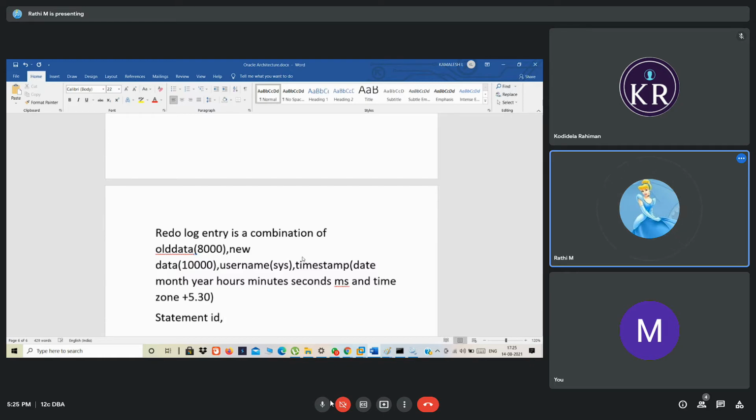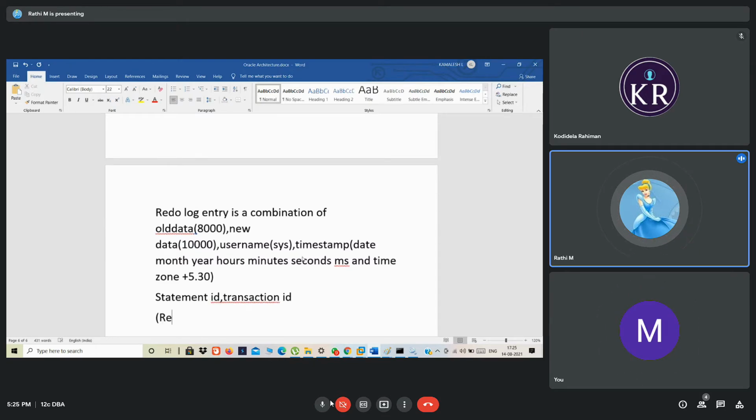Statement ID, transaction ID, because each and every transaction has its transaction number. Okay, transaction ID also gets stored. Simply I can say a redo entry will be created in such a way to